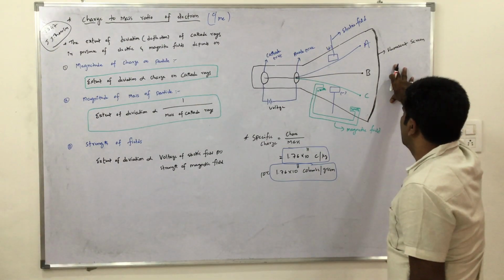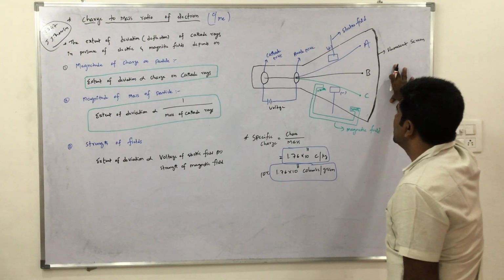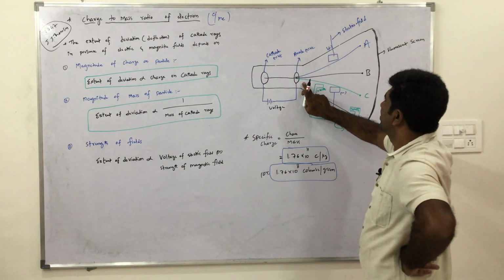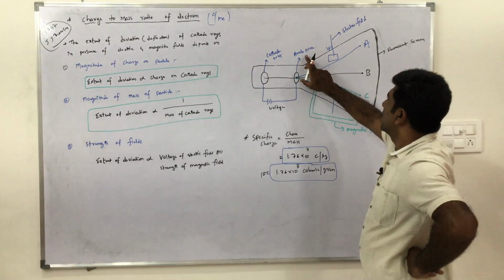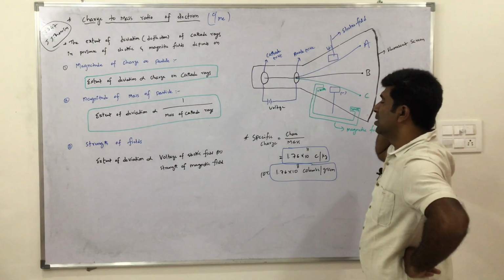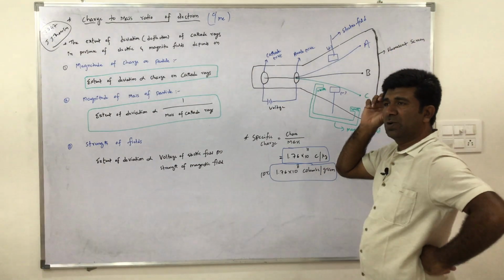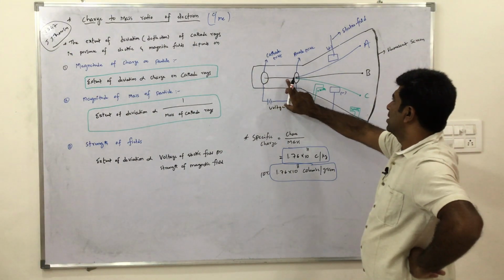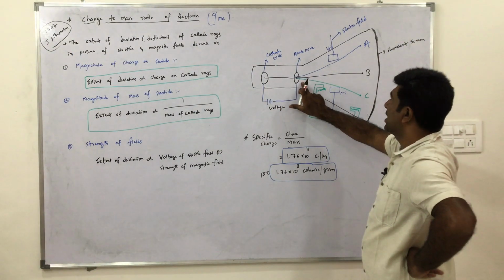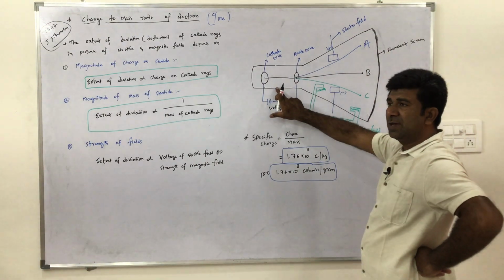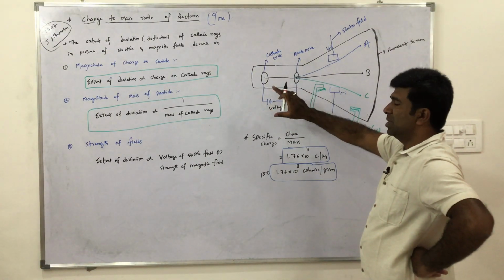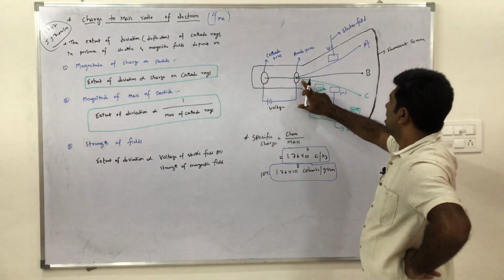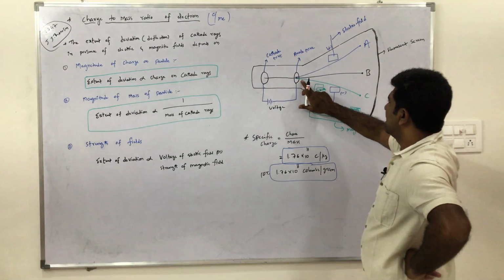He took one discharge tube and arranged a setup like this. This is the cathode and this is the anode. Cathode having negative charge and anode having positive charge. In the previous video we discussed the entire process. Cathode rays are produced here and travel towards the anode. Why? Because the anode has positive charge and cathode rays have negative charge. Negative and positive charges attract, and these rays travel like this and fall on the anode.